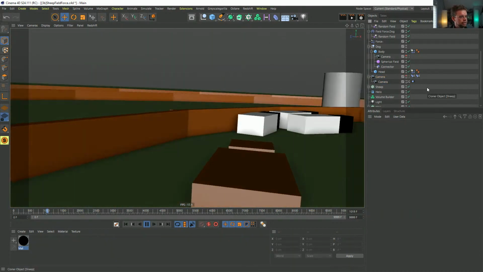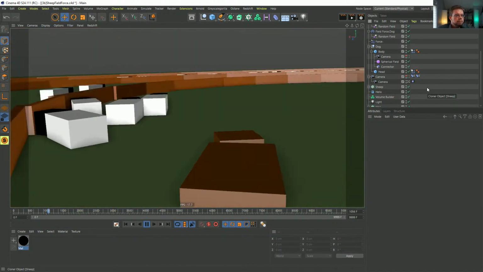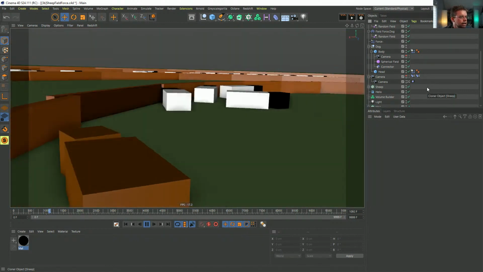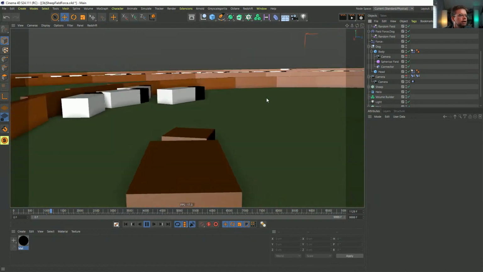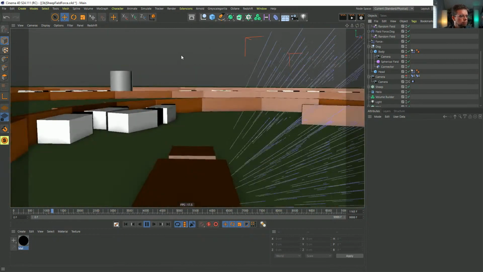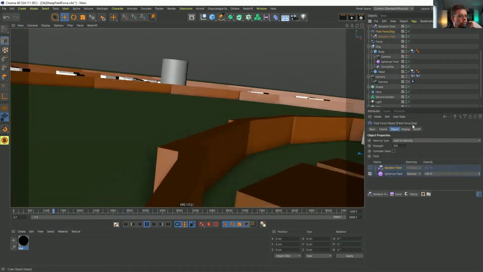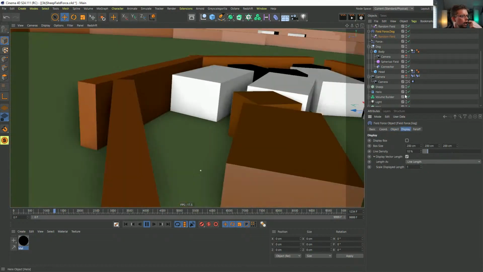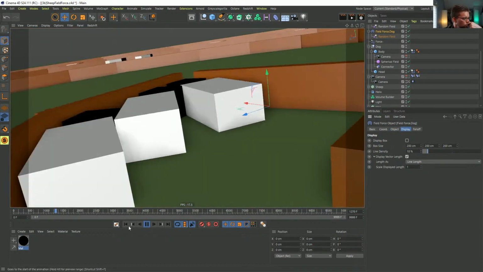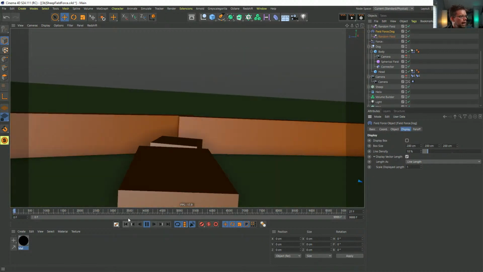And so now we kind of got this camera that feels like we're maybe locked to them, or we're camera on the tail of it. And there's all this life as it's kind of bouncing around just through some random motion and some random vibration. Let's turn off the display on that field force. And it's like, okay, cool. So it's kind of like this runny, shaky cam behind the dog.